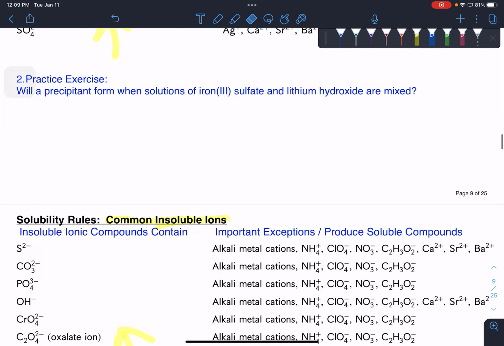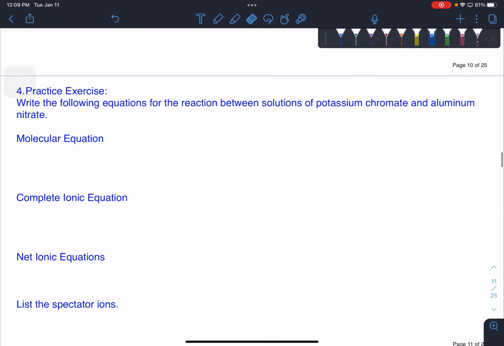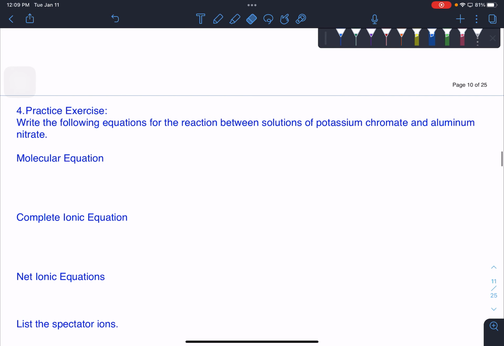I'm going to pan down just for a second. I'm not going to do this problem. But here's a new one. Potassium chromate and aluminum nitrate. In this example, notice I'm not told whether a solid is formed. I have to determine. Now, since this is a practice exercise, you can assume a solid forms, but